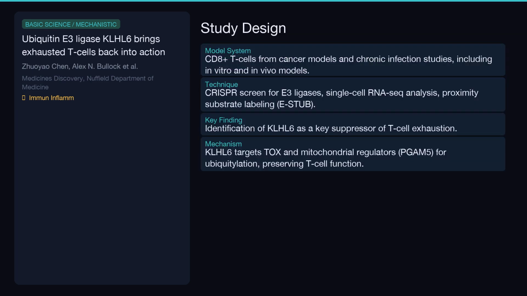To understand what drives T cell exhaustion, researchers used advanced techniques like CRISPR screens and single-cell RNA sequencing. They compared activated T cells with exhausted ones to pinpoint key molecular players. Their work focused on ubiquitin E3 ligases, a class of proteins involved in protein degradation. This approach led them to identify KLHL6 as a crucial factor that seems to keep T cells from becoming terminally